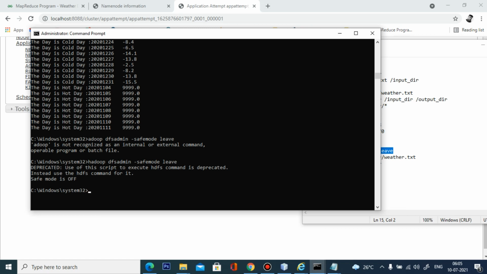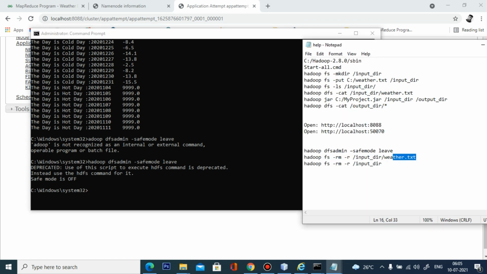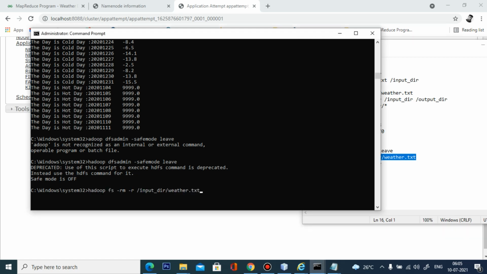Safe mode is off. If you want to remove your input file from the input directory, or you want to execute another file, then simply use the command fs -rm. Okay, rm -r, then your input directory, and your weather data text is safely removed from your input directory.